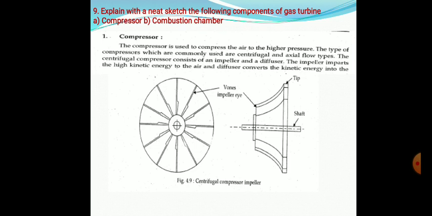Next question. Explain with a neat sketch the following components of a gas turbine. First one is the compressor and second one is the combustion chamber. So first one is the compressor. The compressor is used to compress the air to a higher pressure. The types of compressors which are commonly used are centrifugal and axial flow types. The centrifugal compressor consists of an impeller and a diffuser. The impeller imparts high kinetic energy to the air and the diffuser converts the kinetic energy into